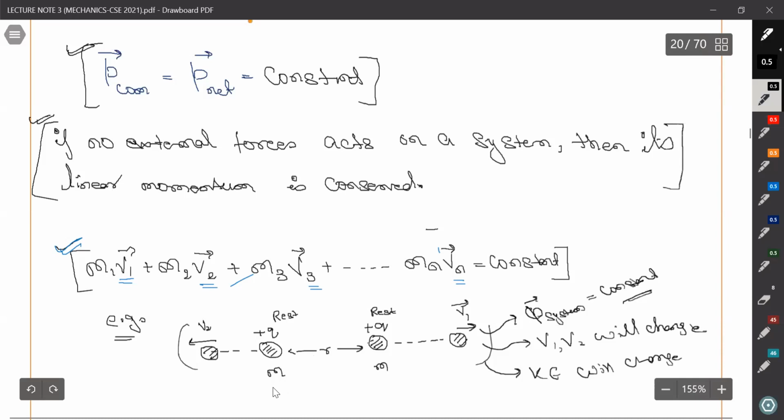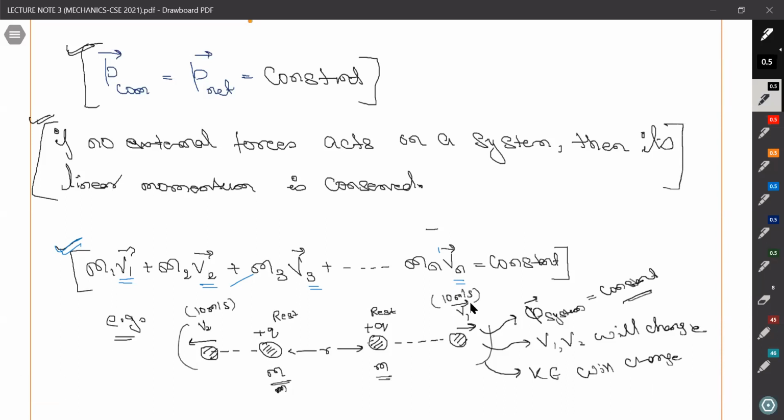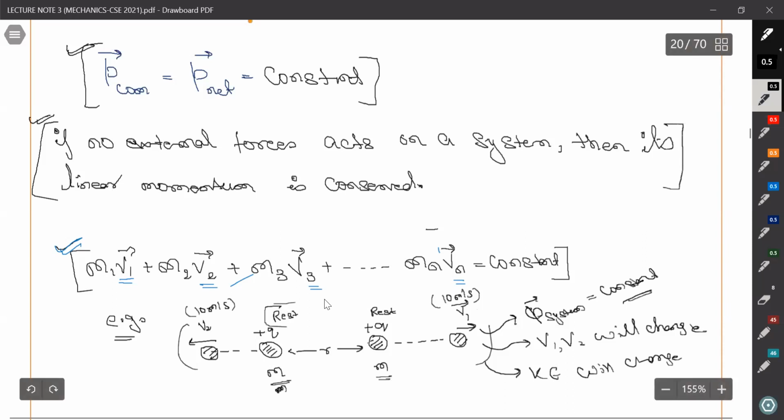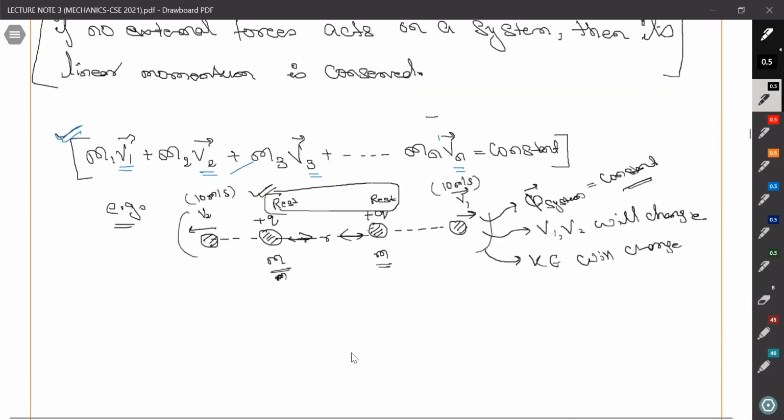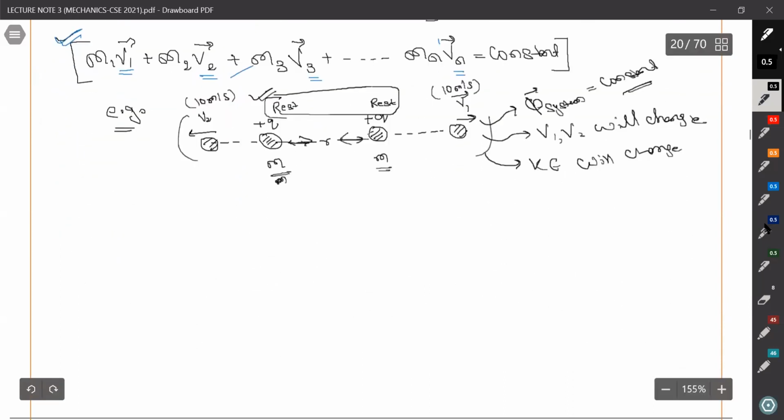Let's suppose its mass is m, its mass is also m. After a certain interval of time, it acquires a speed of 10 meter per second. Then it will also acquire the same 10 meter per second. So both of them will cancel out each other. And what is the initial momentum that was at rest? So it will remain at rest, because the forces acting on them are the electrostatic force, and those are internal there. Okay. Also, I want to make one thing clear.